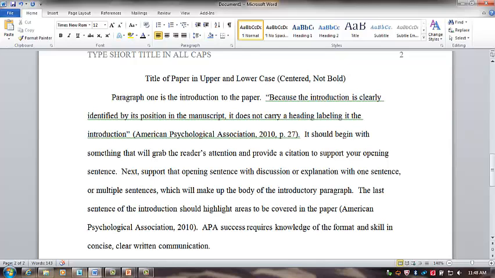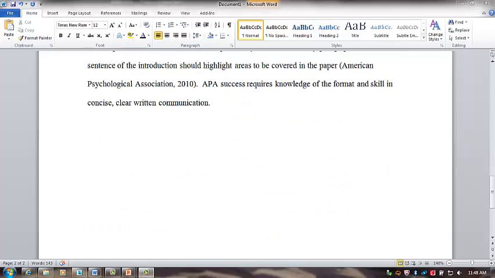Most of the papers you do here at Chamberlain may only require one level of heading, so that's what I'm going to show you. We're going to pretend like each of the main points of your paper, you need to address the first paper heading, the next heading, and the conclusion. So, for your first paper heading,